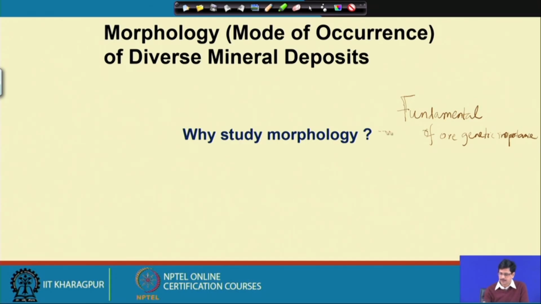And number 2, the morphology of the ore body needs to be ascertained. It's a must for any mineral deposit which is discovered and is going to be economically worked out. So, it's very important that its morphology be worked out from the economic viewpoint,